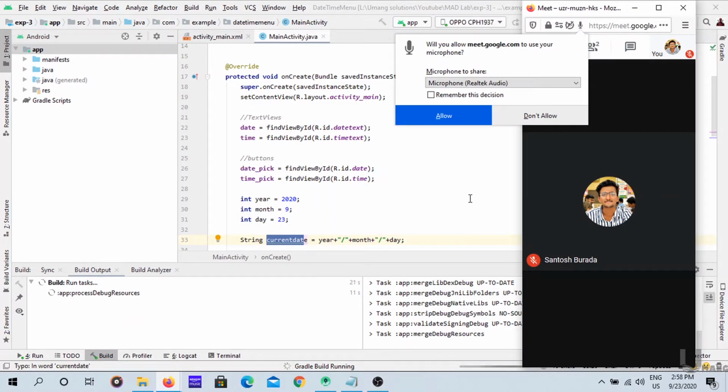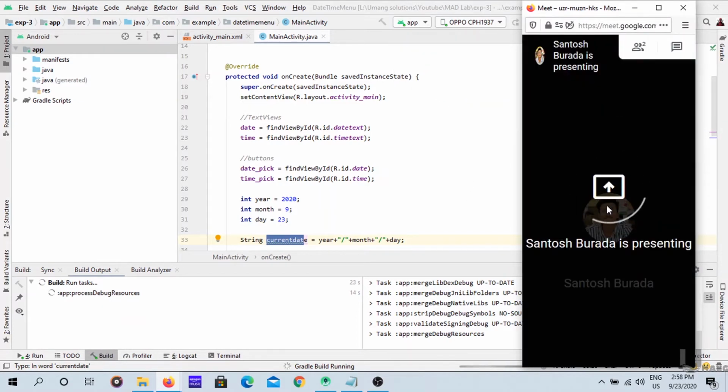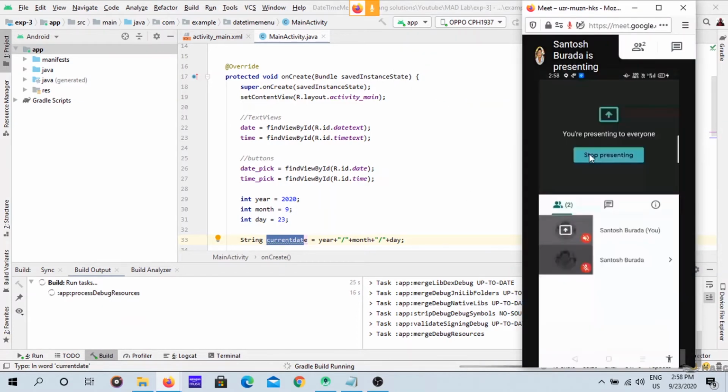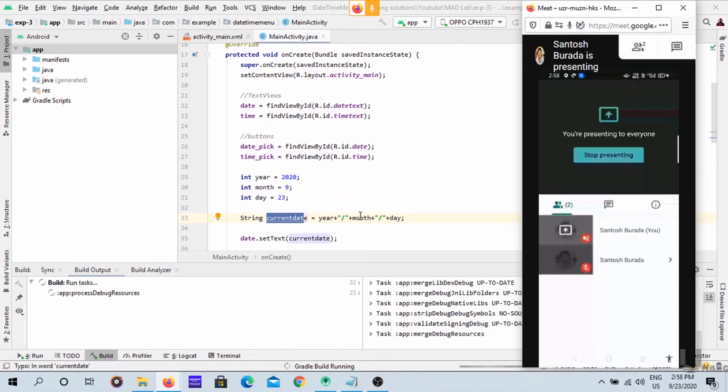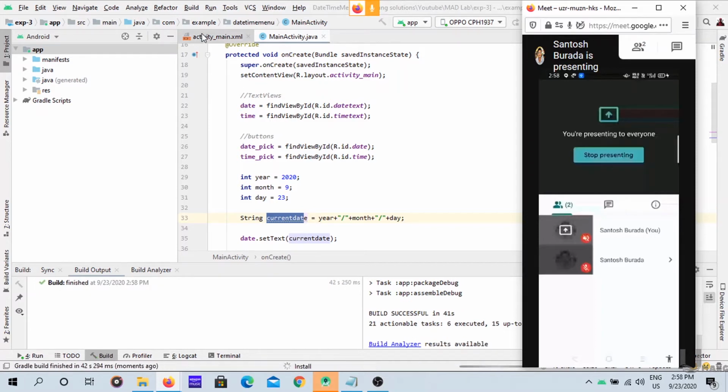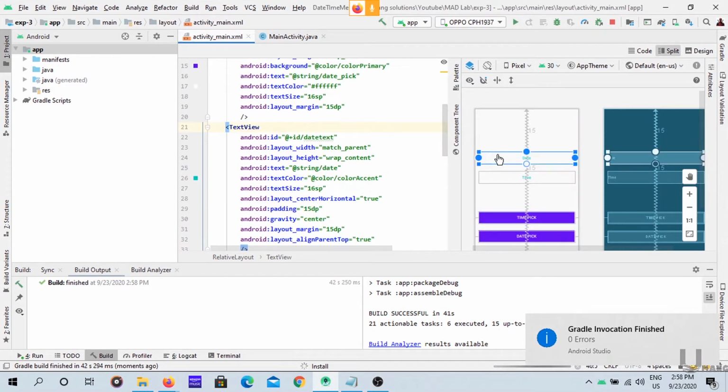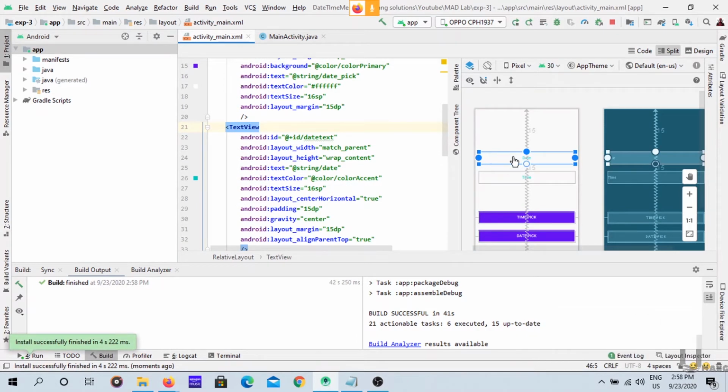This is my mobile phone. Yeah, the app is running. We are concatenating these three things into one string variable and using it in the set text method. This is the date text view, so this value will be set here.